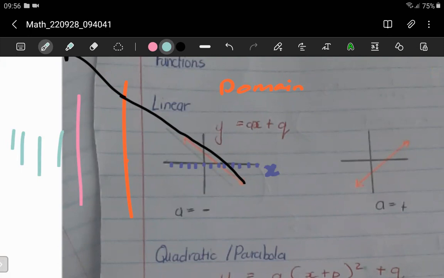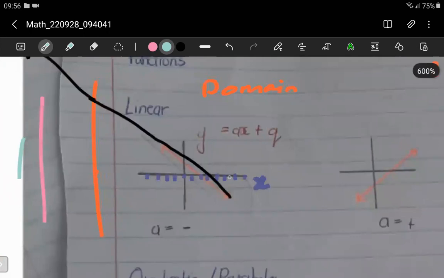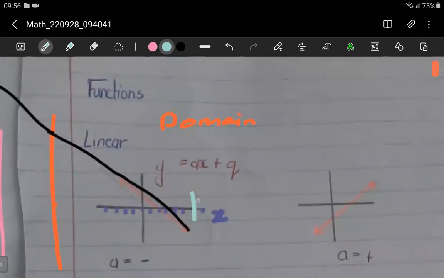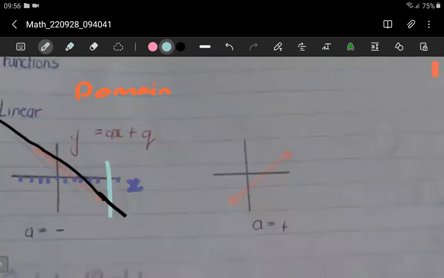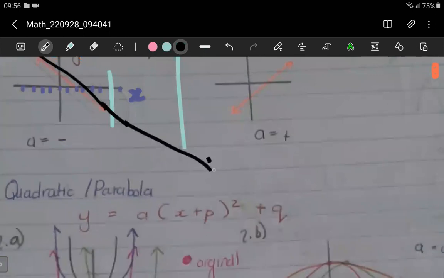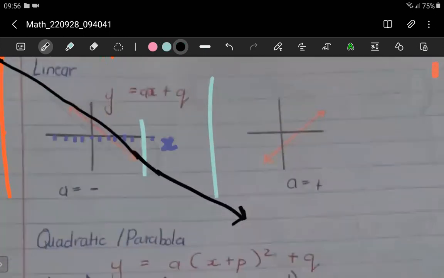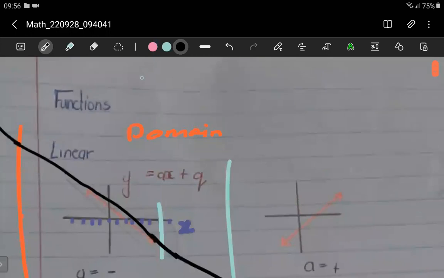And you do the same going to the right. Going to the right, will it have this x value? Yes, it will. Will it have this x value? Yes, it will. And there's proof to say that going all the way to the far right, it'll always have all the x values. Hence the domain of this graph will just say x is an element of R, because this graph will touch all x values, so it's unnecessary to write x as an element of